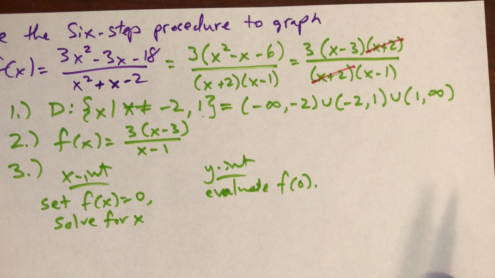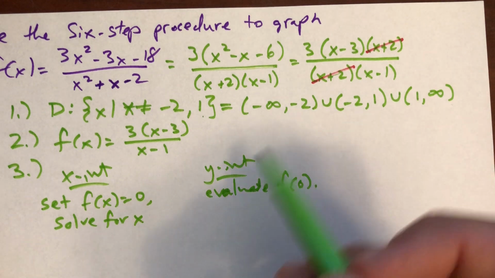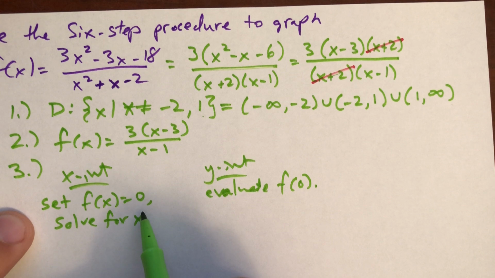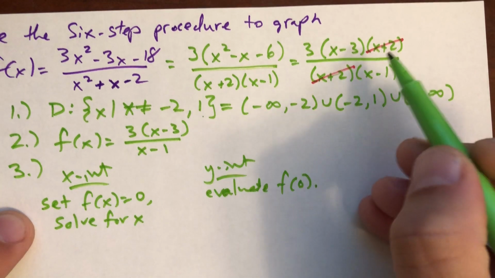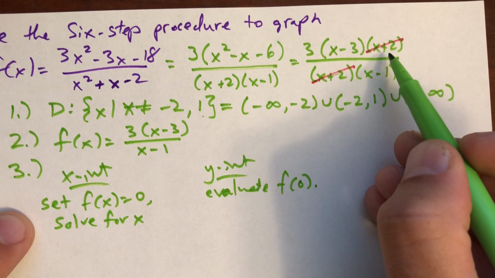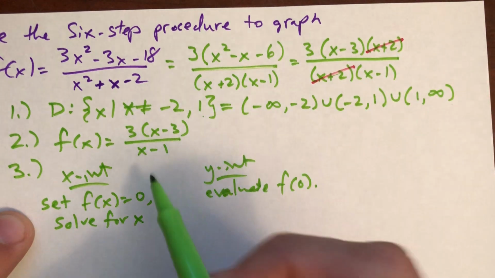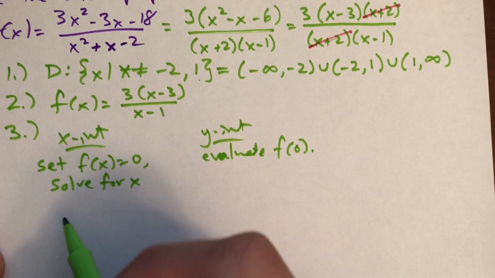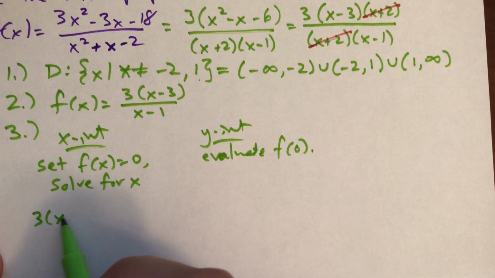So when we set a rational function equal to 0, essentially all we're going to end up doing is set the numerator equal to 0. And we've already taken out this value, so we don't have to worry about it. We can just use the reduced function. So let's do that. We've got 3 times x minus 3